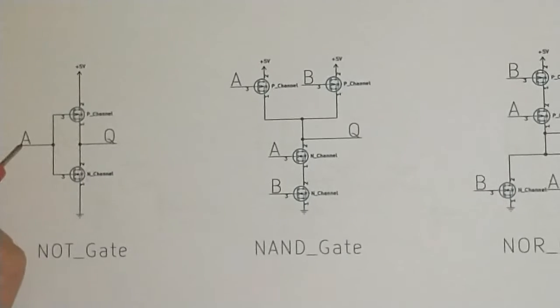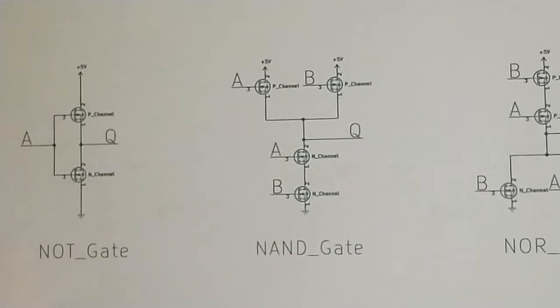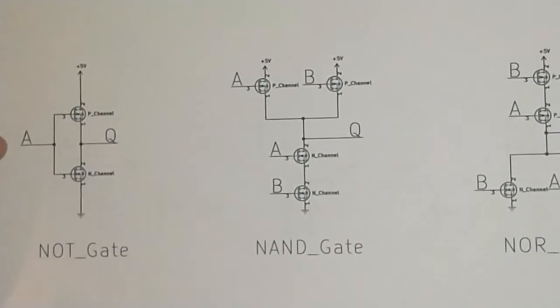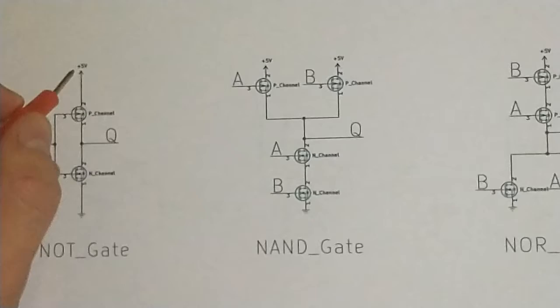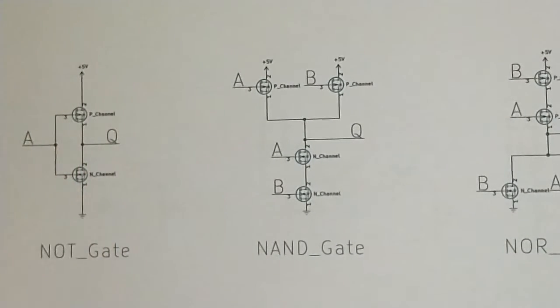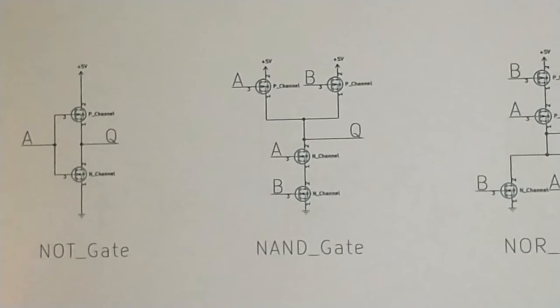So when this is low, there is 5 volts. Well, 5 volts is what I'm using, but you might have a higher voltage or something, but that's not really important now. The important thing is that you have 5 volts on this output, and the path to ground is closed. Well, it's open, but